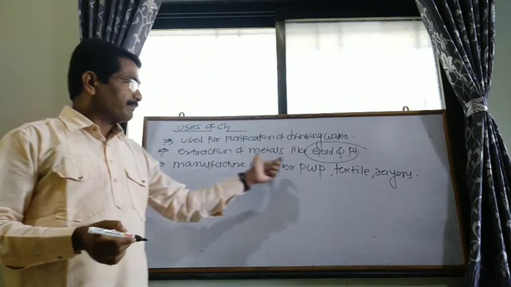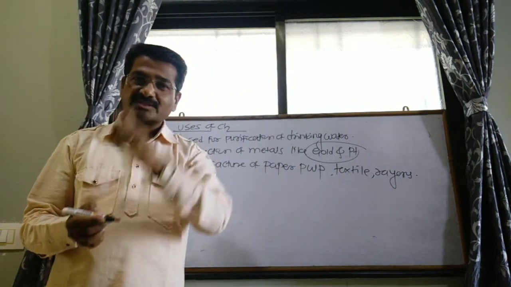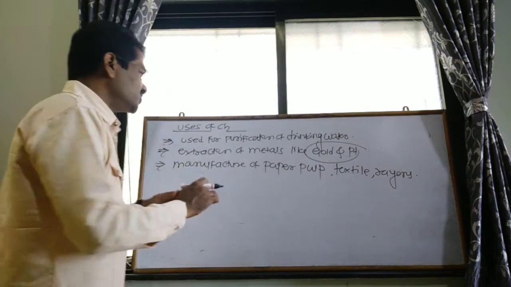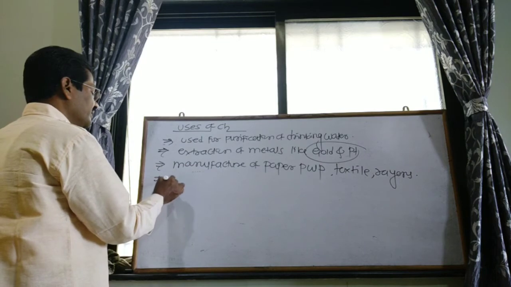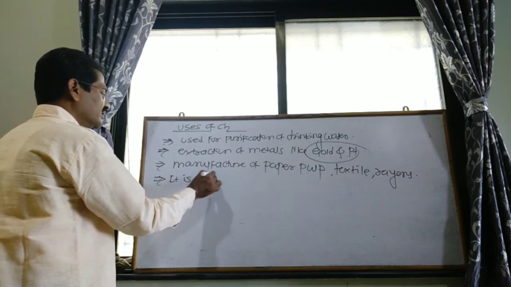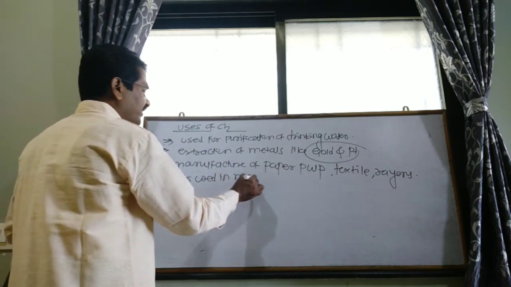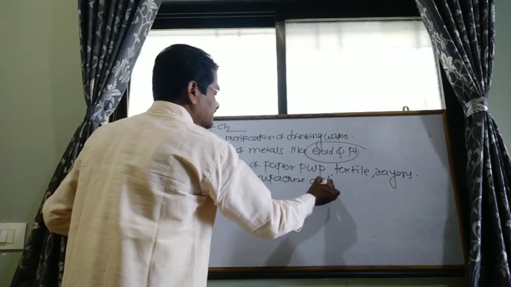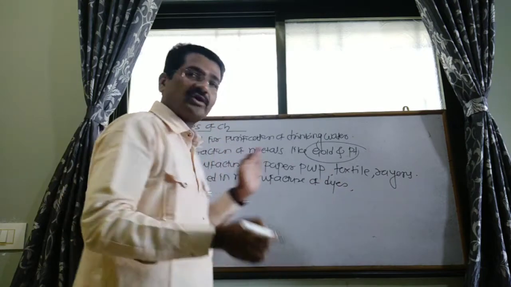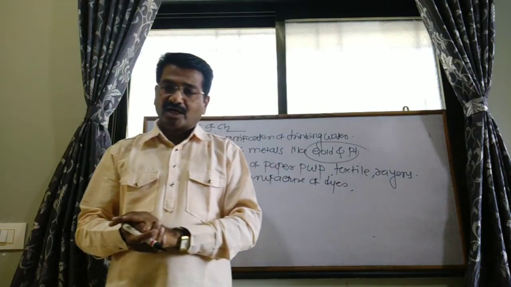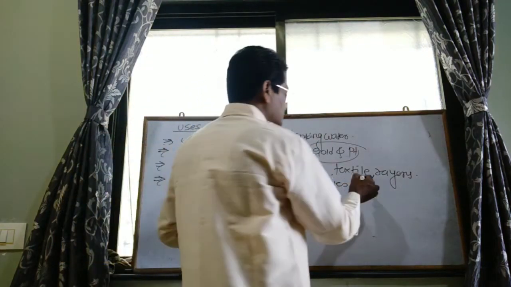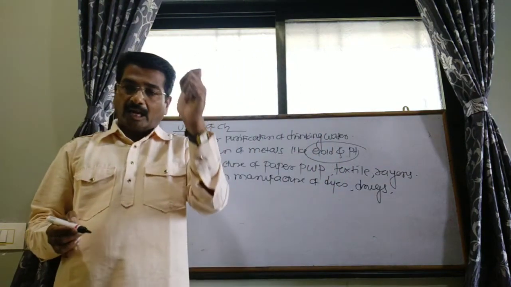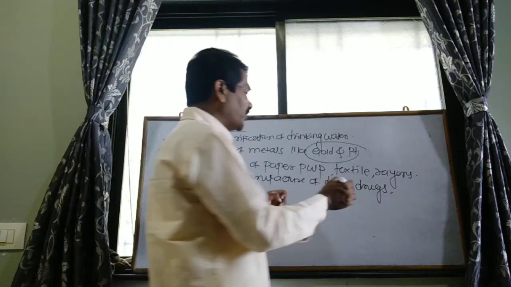In the manufacture of paper pulp, textiles and rayons, chlorine can be used. Again, it is used in the manufacture of dyes. Different colors or dyes can be prepared by using chlorine. Then drugs, different medicines. Then organic compounds like